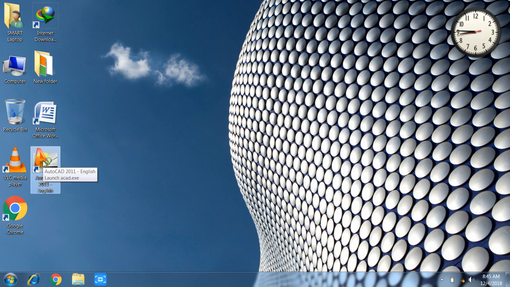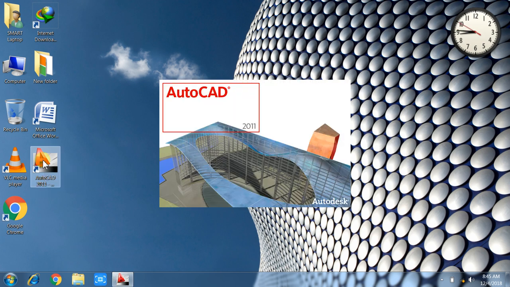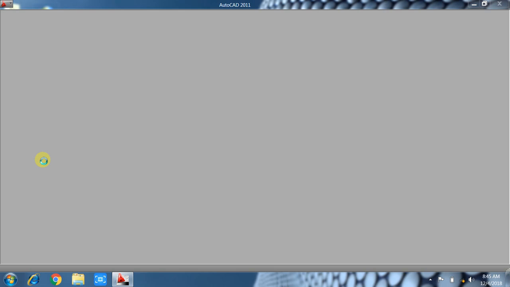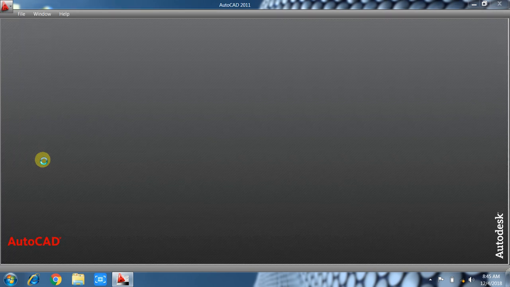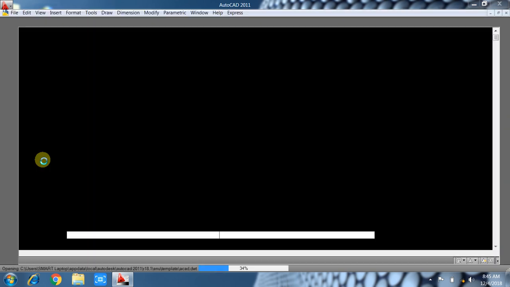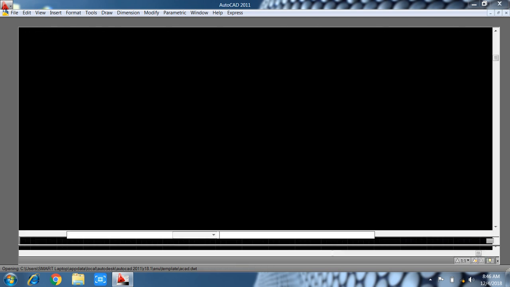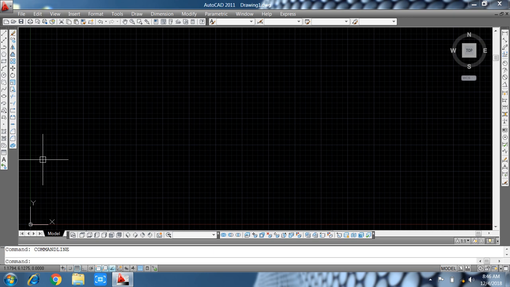I use AutoCAD because my laptop supports this type of software. If you want to use a new version of AutoCAD like 2014, 15, 16, 17, 18 and 19, then you need a best laptop for running that software.